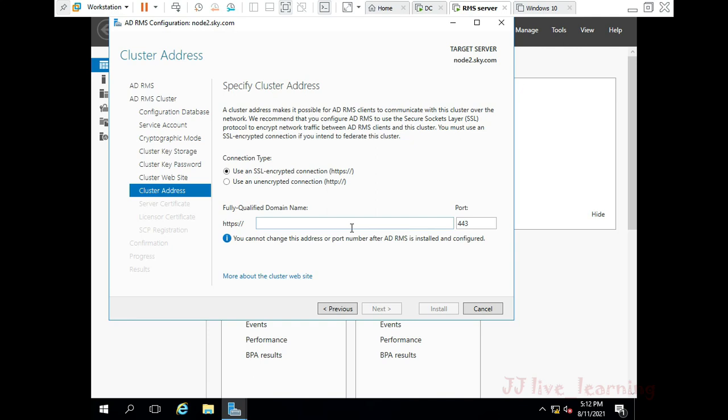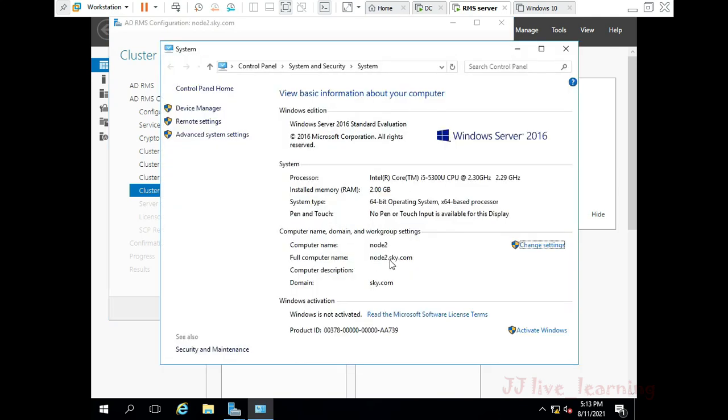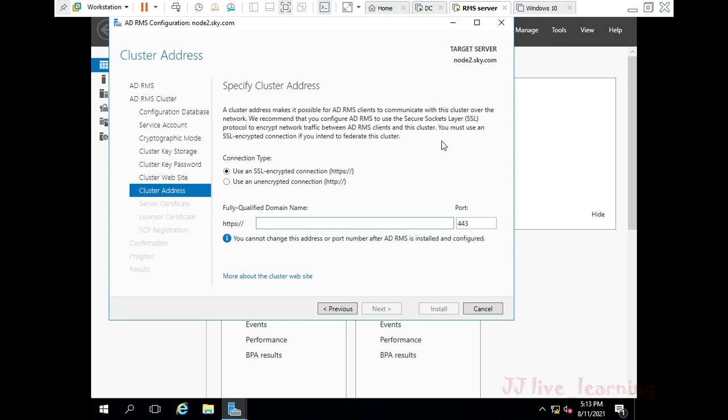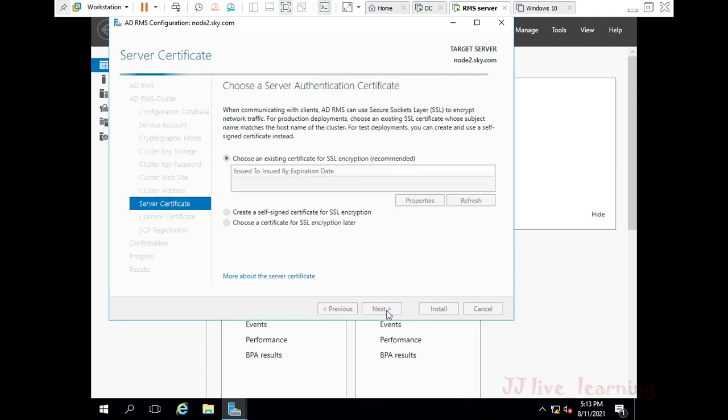Now we have to select the cluster address, that is the member server, the RMS server FQDN, which we have to give here. Node2.sky.com is the FQDN entry of your ADRMS system, so give node2.sky.com in the entries. Create a self-signed certificate.